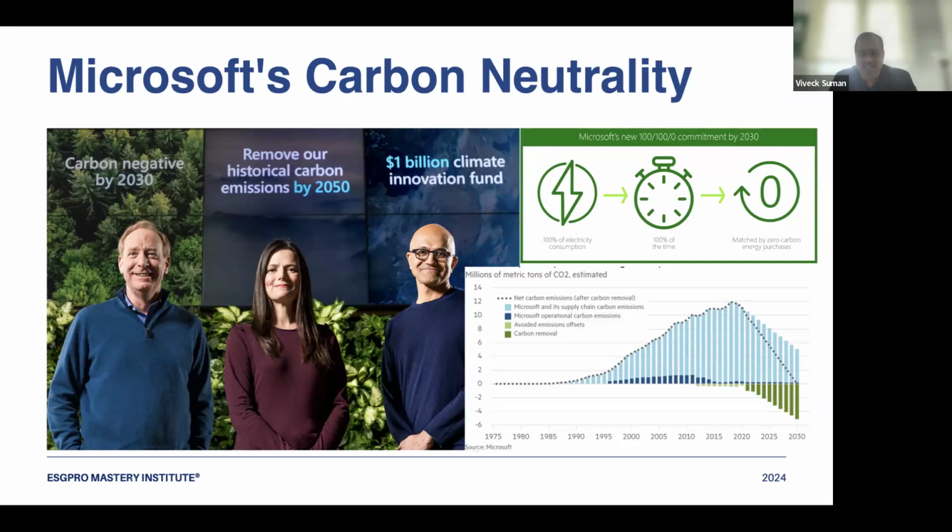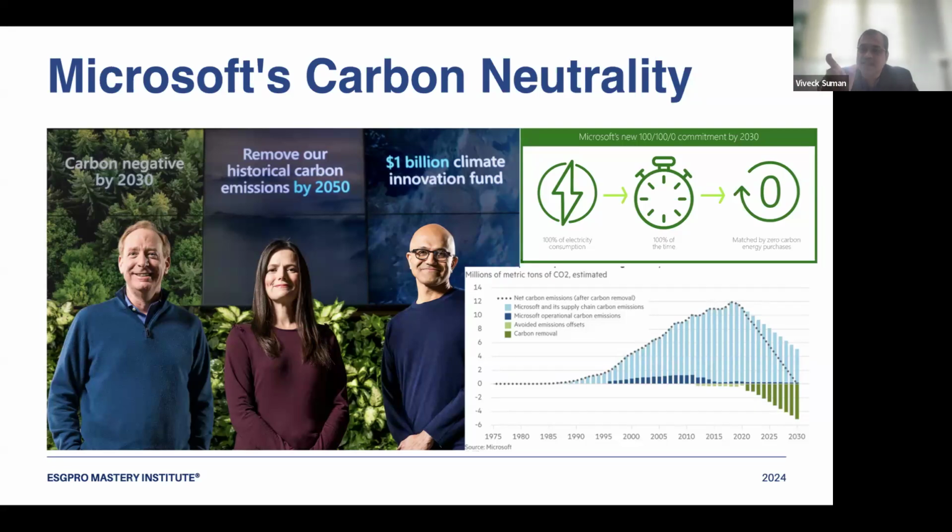You are getting my point. Like Tesla, right now it's a net negative emitter. They have carbon credits which they are selling in the market, earning $600 million. So they also want to become that by 2030. Okay. Now, the second pledge which they have made is to remove our historical carbon emissions by 2050, which I told you. By 2050, the Paris Agreement says that they have to be carbon net zero by 2050, right? And these three terminologies, please understand, are different.